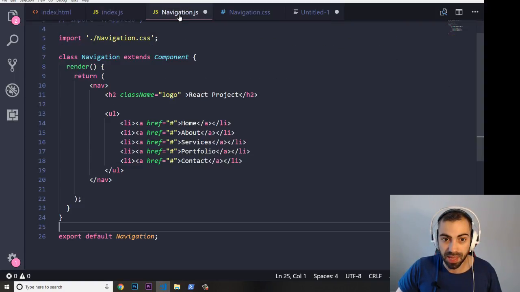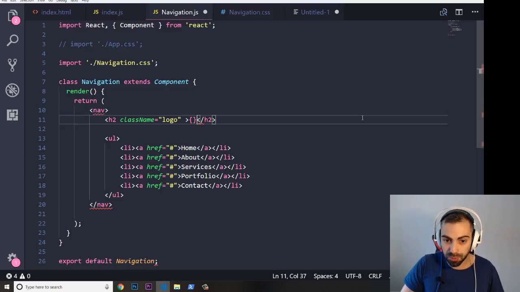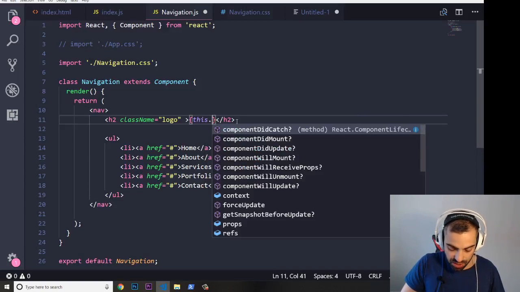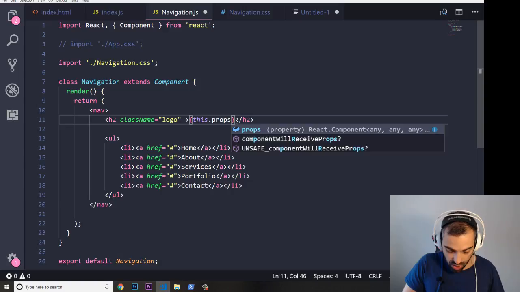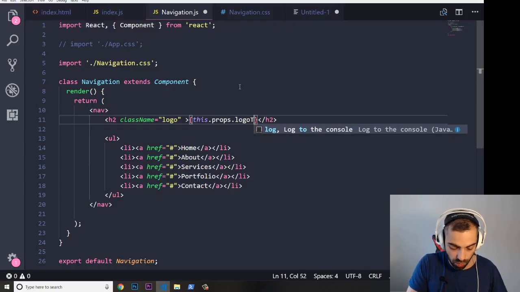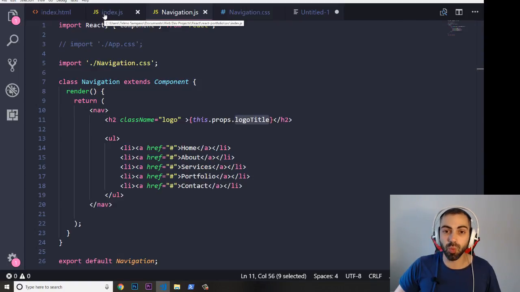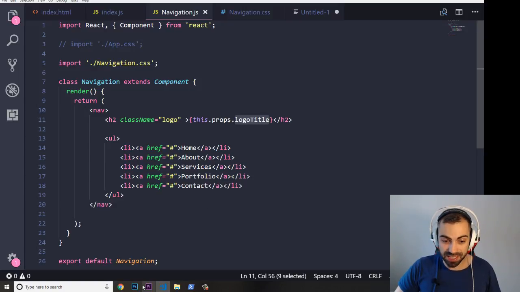Let me save this. And now in here in my navigation.js, I can actually go in here and delete this React project and put between these curly braces something like this: this.props, dot, the name that we just put in here, logoTitle, okay? So logo, capital T, title. This is just a standard way of writing camel case names, okay? So if I save this and I go in here,